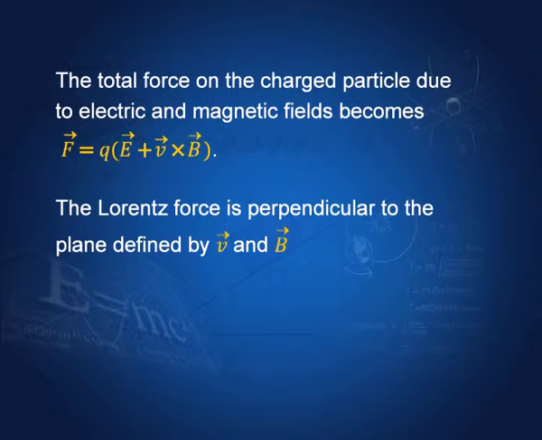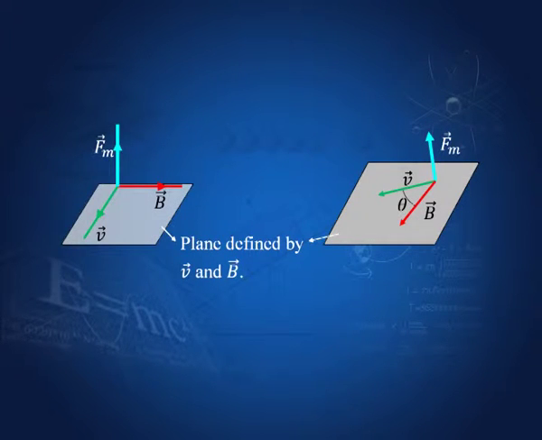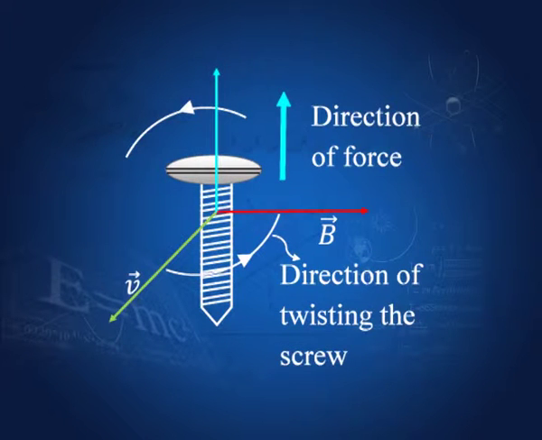And you also, I think, need to be reminded that the Lorentz force v cross B is perpendicular to both B and v, and is perpendicular to the plane containing B and v. B and v is in this plane, and the force is perpendicular to that plane. So, this I think we have discussed earlier also, and you would remember. And again, v cross B is given by the right hand screw rule. So, you can find the direction, we have done it several times.